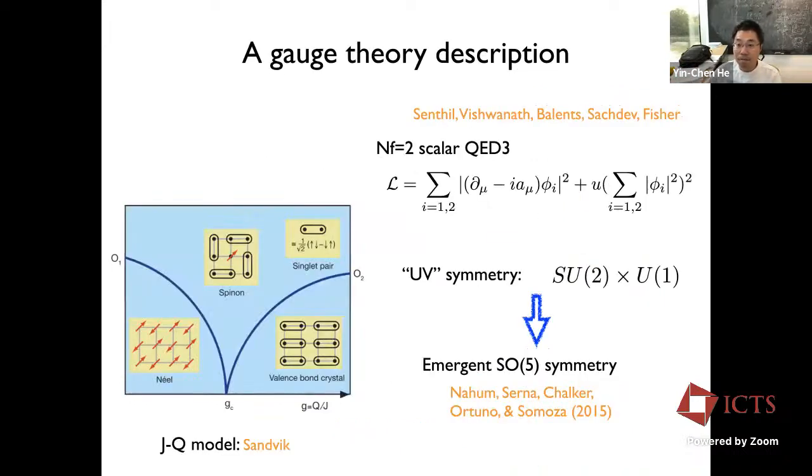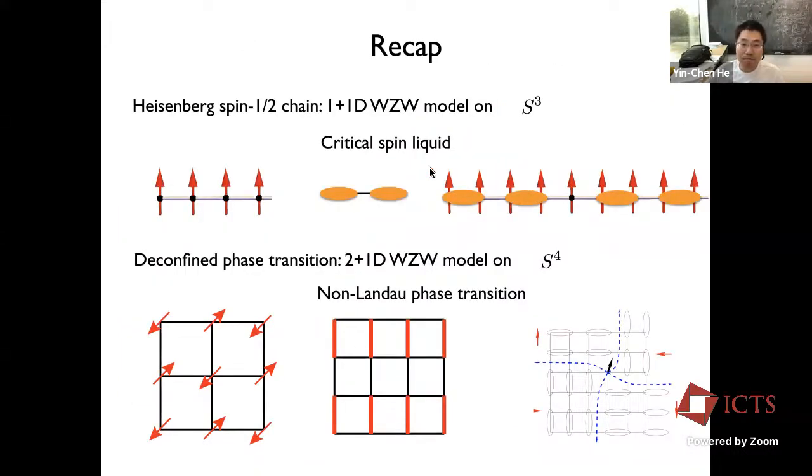Okay, so let me just recap what I described: two nonlinear sigma models in 1+1D and in 2+1D. The target space of my order parameter field just lives on a sphere, like the 3-sphere or 4-sphere. And those order parameter fields have very nice physical meaning, as the name suggests. They just correspond to a combination of a magnetic order and the valence bond solid order. And the important ingredient in this story is a Wess-Zumino-Witten term, and physically it also has a very nice meaning: it tells me how the different order parameters are intertwined together. Like if you create a domain wall of one order parameter, in the center you will find another order parameter. Yeah, it's pretty intuitive for us to visualize those